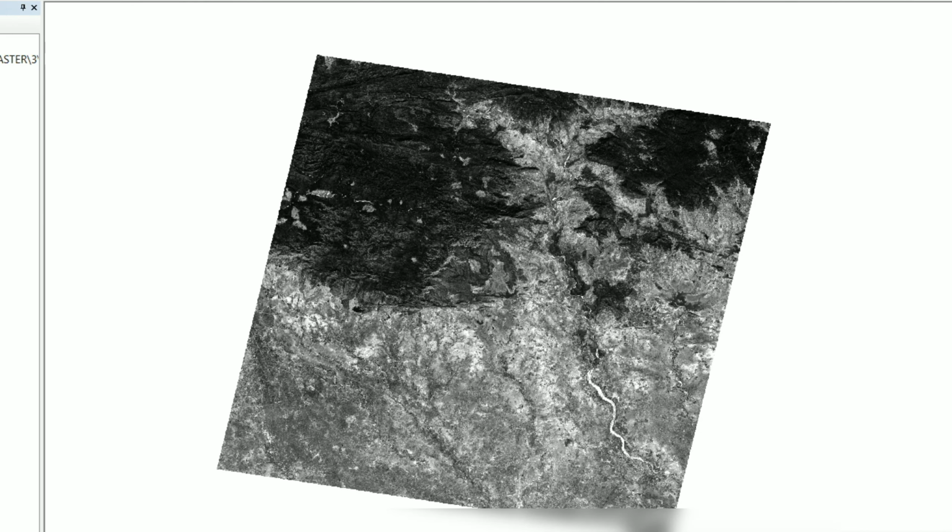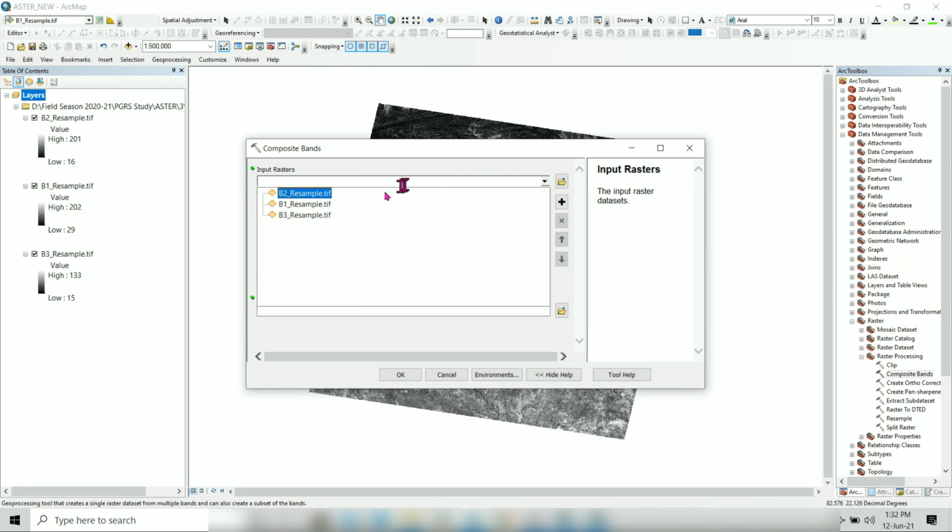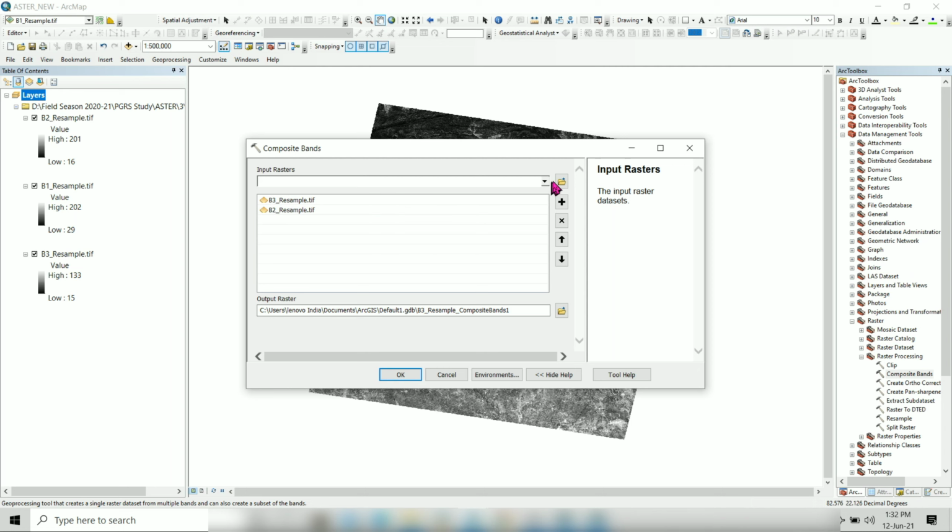Now I will do band combination for false color composite. To do that, go to the Data Management tool, then Raster Processing, and click Composite Bands. Now here I am putting band 3, band 2 and band 1 subsequently as input rasters and then click OK.